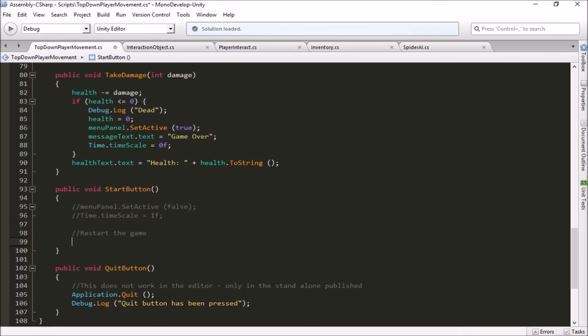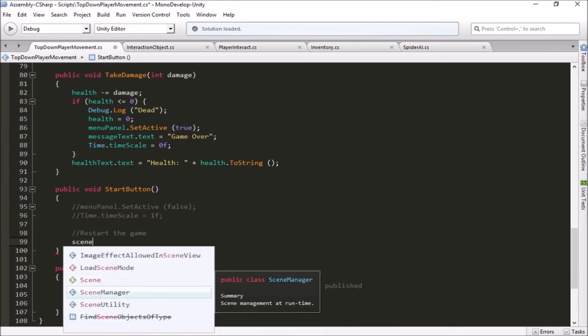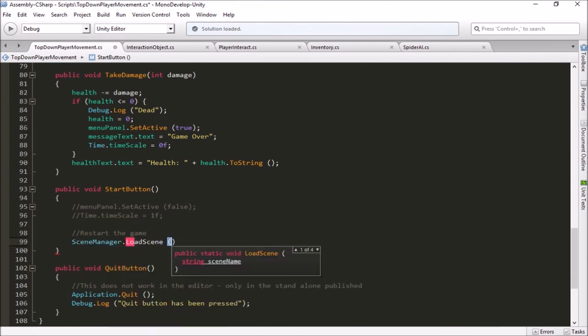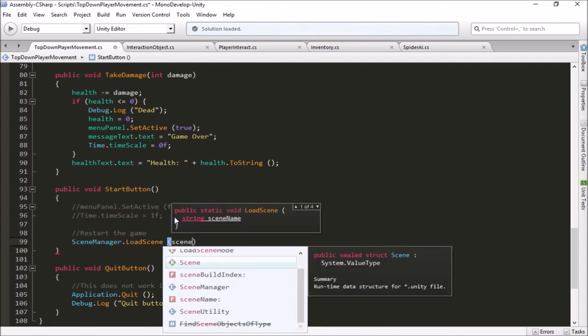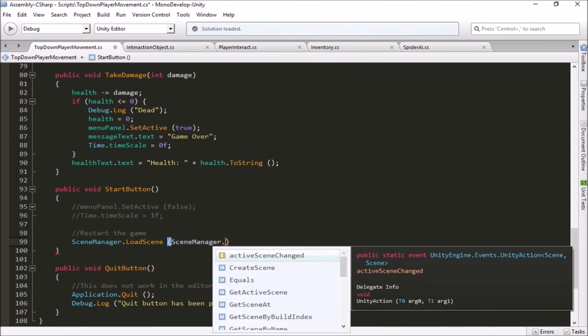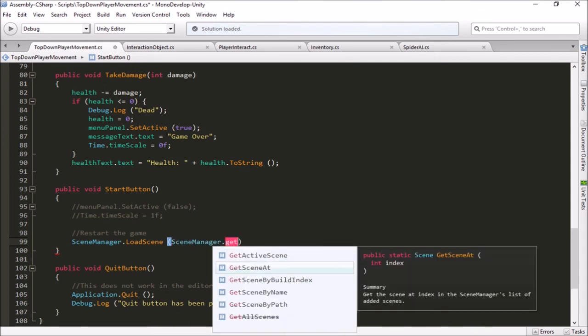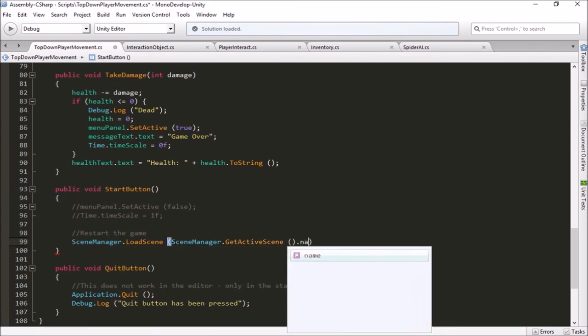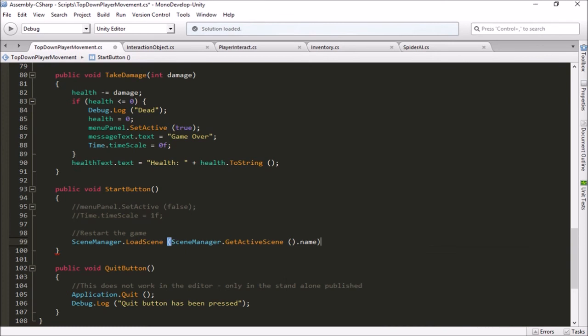But what we can do now is we can go to the scene manager dot load scene, and then we have to tell it what scene we want to load. So what we want to load is this same scene that we're currently in. So we can say scene manager dot get active scene. The get active scene is the scene that we are currently playing, and then from that we can say dot name, because load scene,